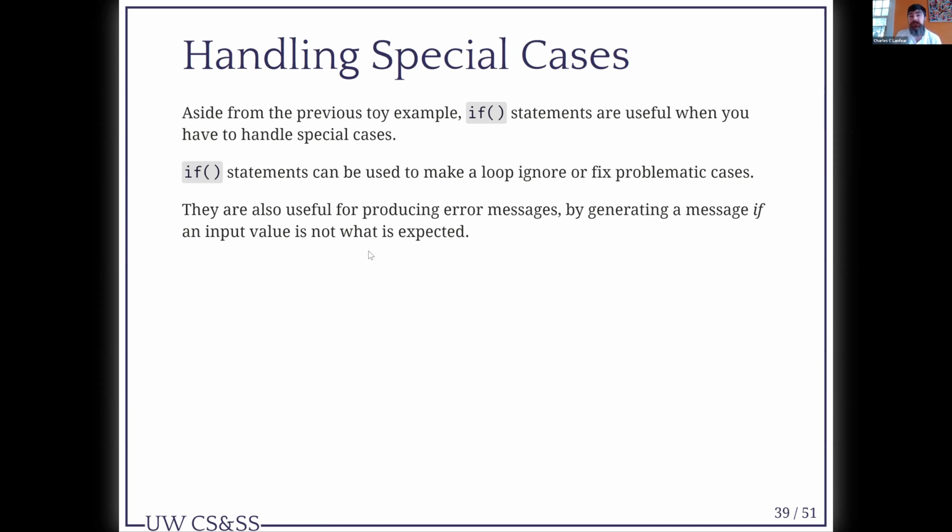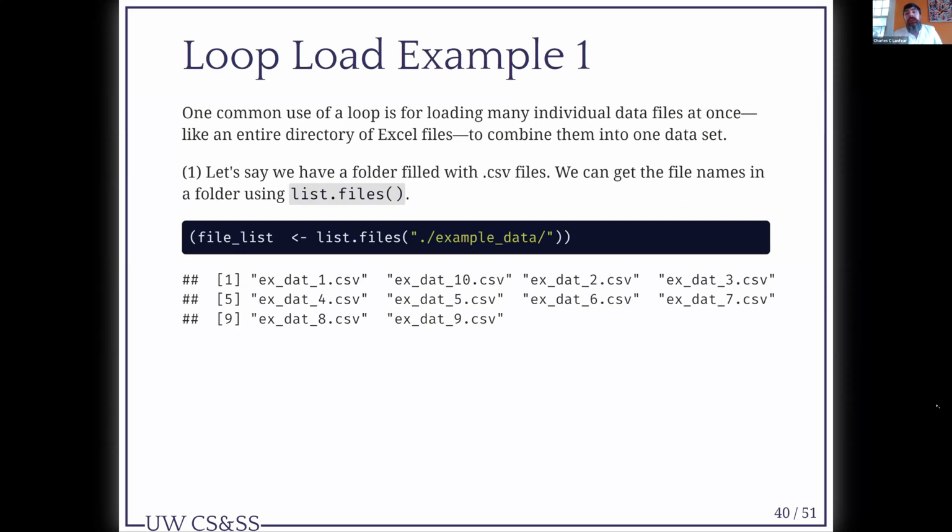Another thing if statements are useful for is generating error messages in functions or in loops. If it finds something unexpected, you can say, if you see this thing, print warning, right? Every function in R that prints one of those errors to console has an if statement that generates that error, saying, oh, if I get something unexpected, yell at them. Every time you've ever been yelled at, somebody programmed R to yell at you in that specific way. So there is someone out there to be upset about errors like, you cannot do that to an atomic vector, which doesn't make any sense to anyone. Someone wrote that, and an if statement generated it. Okay, so